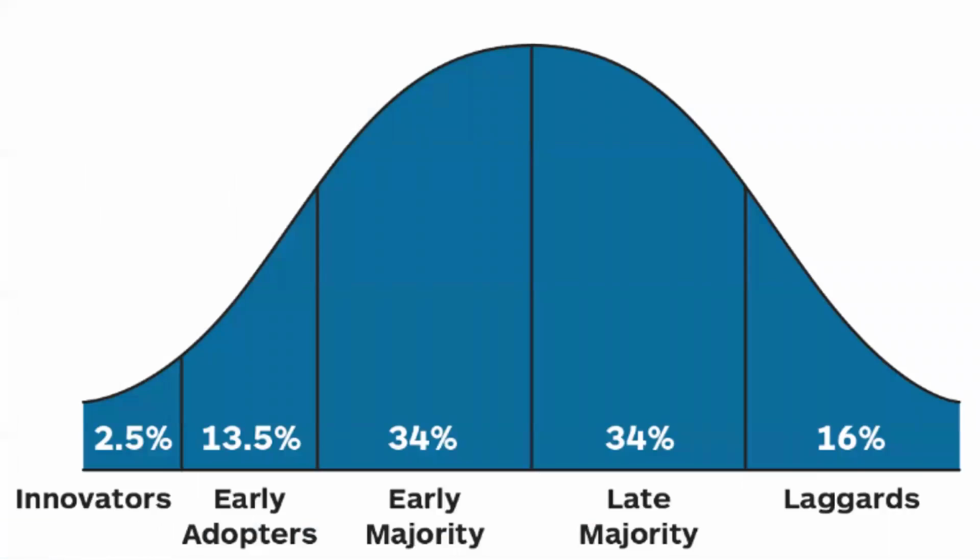This is a chart showing the adopter categories. The shape of the graph is like a bell-shaped curve, or it takes the form of a normal distribution curve. The first category, innovators, represents 2.5%. We have already discussed this in the previous slide, just to see how it appears in the chart. Early adopters are 13.5%. Early majority and late majority are both 34%, and the laggards are 16%. So all the categories form the shape of a bell.